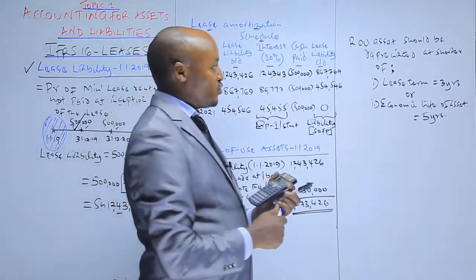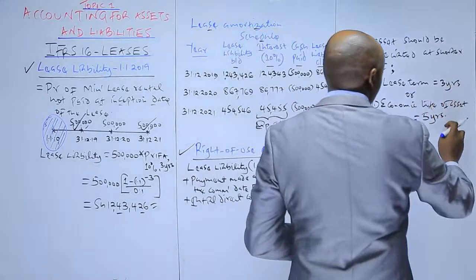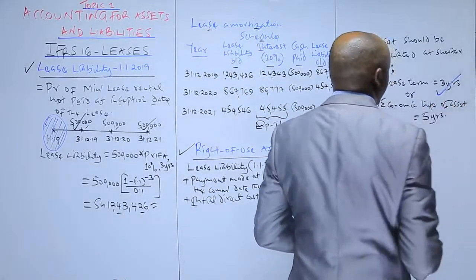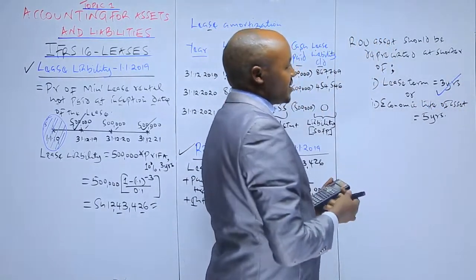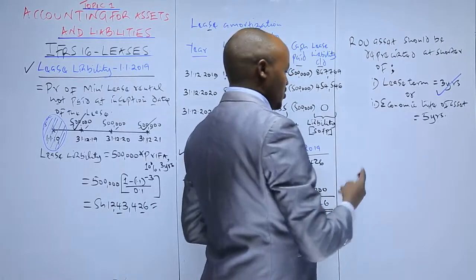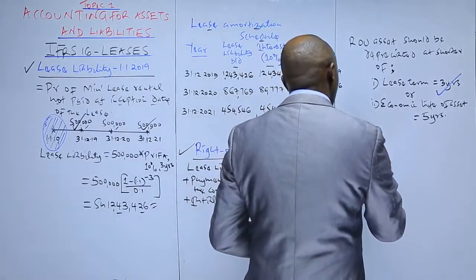At the shorter of those two periods. So which period is shorter? The period which is shorter is the lease term, which is 3 years. So therefore, to determine the depreciation per annum,